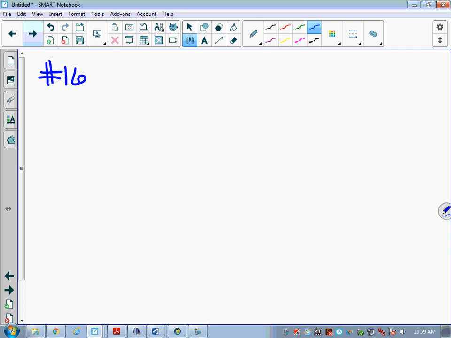1600. So number 16. All right. So they give you some information, and they tell you what f of x is. They tell you what g of x is. They tell you that one of them is sine squared, the other is cosine squared. And then what we want to do is plug sine squared in for where we need it to. 3 pi over 4 plus cosine squared